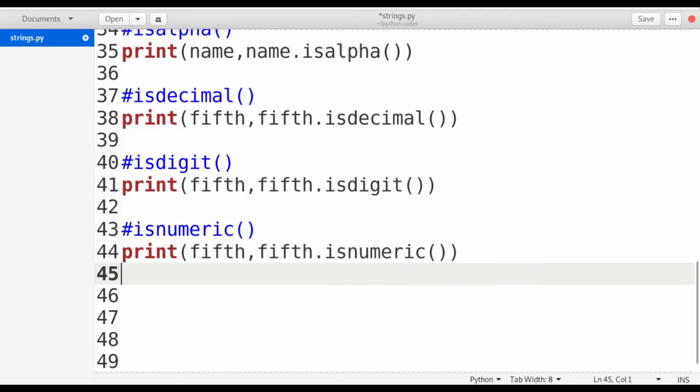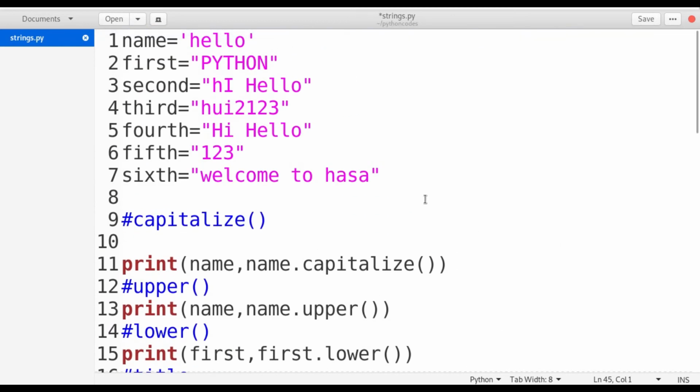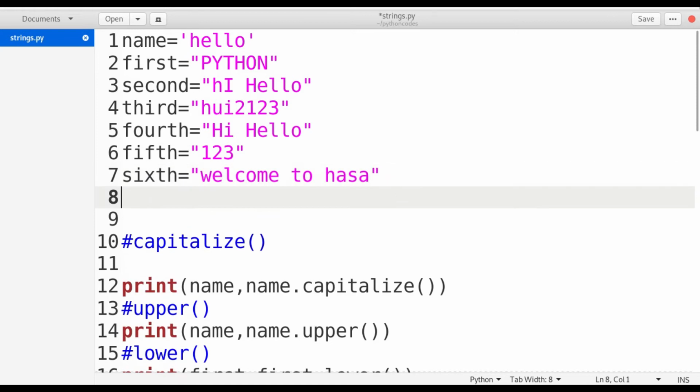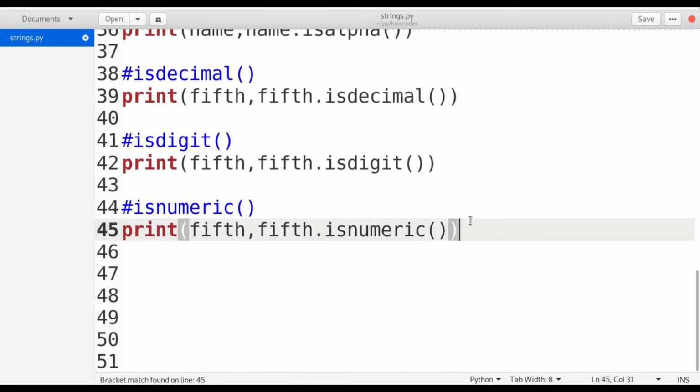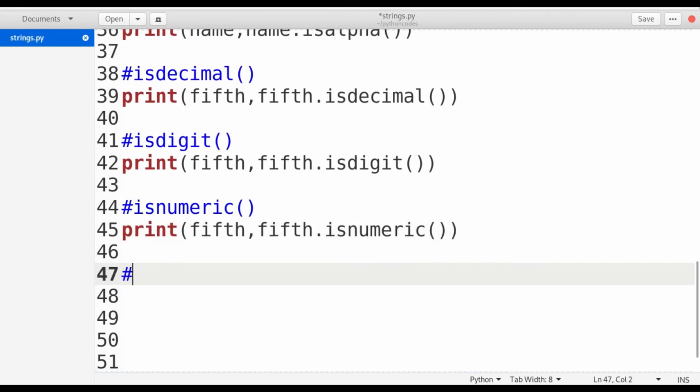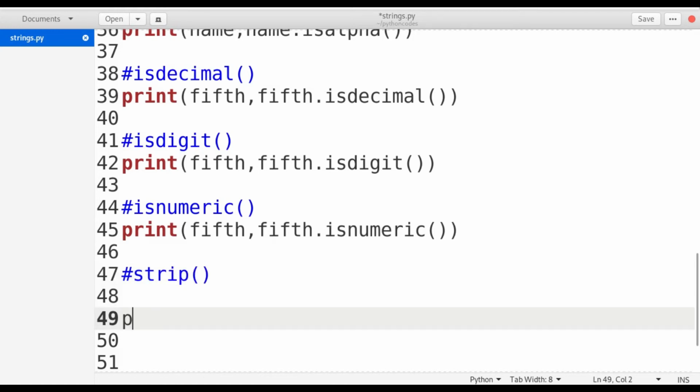So next I'm using strip. For the sake of strip, I'm taking some new value here, with some random values. I'm using the strip method.